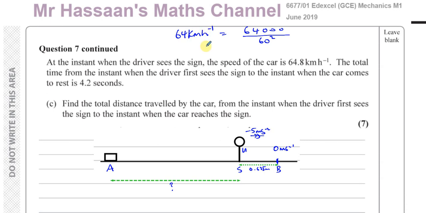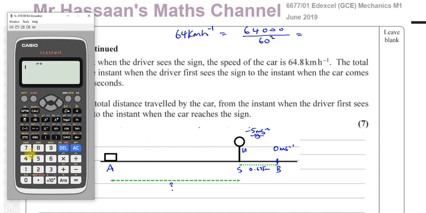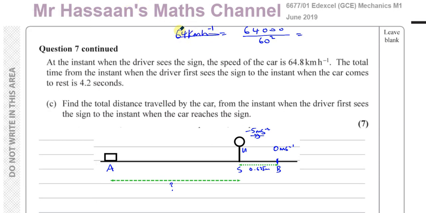But because it says per hour, it's underneath in the denominator, so you divide by 60 squared. Now that should give us our speed in terms of meters per second. So let's work out what that is. You have 64,000 over 60 times 60 squared, which gives us, hold on, 64.8. Sorry about that. Read the question carefully. Let that be a lesson to everyone. 64.8. So you have